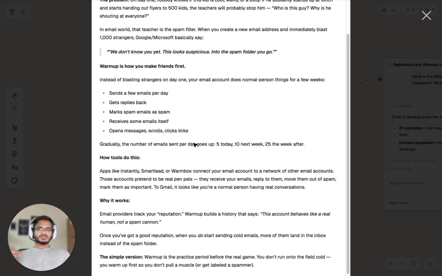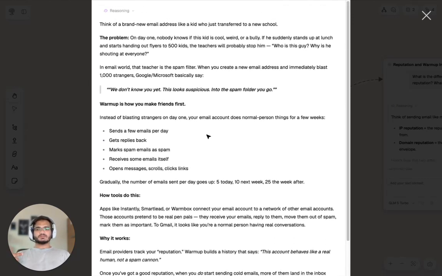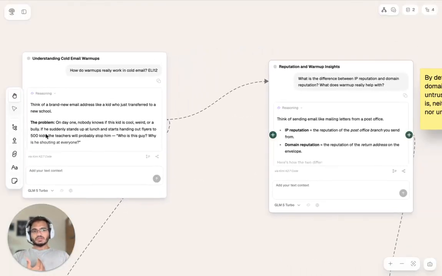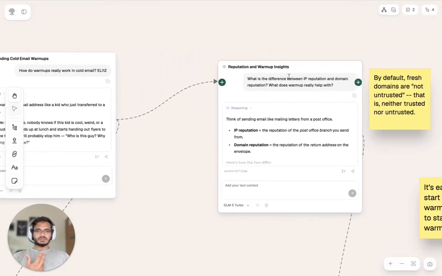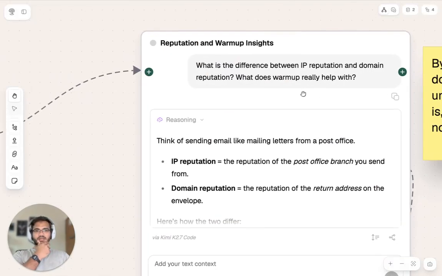But there's one complication in this example: everything hinges on you as a person. It is your reputation, and not the reputation of, let's say, the flyers that you're using or the channel of communication. And that is the complication that enters the world of cold email, where there are two things essentially, what we call IP reputation and domain reputation. Because ultimately, the emails that you're sending go out from a mail server, a mail transfer agent, to be more precise.